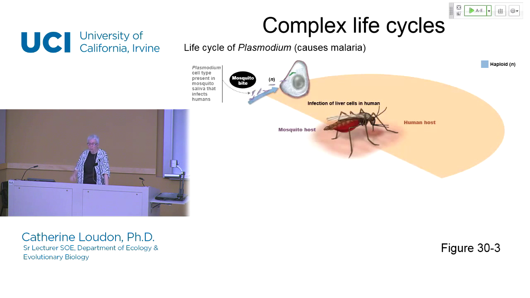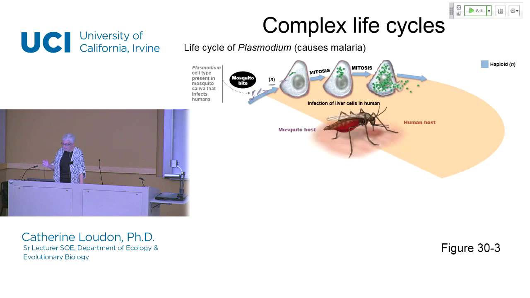It's actually injected into the bloodstream directly, and then what you're looking at here, let me go on to the next step here. This shows infection of liver cells. So this is supposed to represent a liver cell. This is not supposed to be a Plasmodium. There's the Plasmodium right there, the small green object. So these have been injected into the bloodstream directly. The blood circulates around the entire body. When it goes through the liver, then the Plasmodium leave the bloodstream, enter the liver cells,